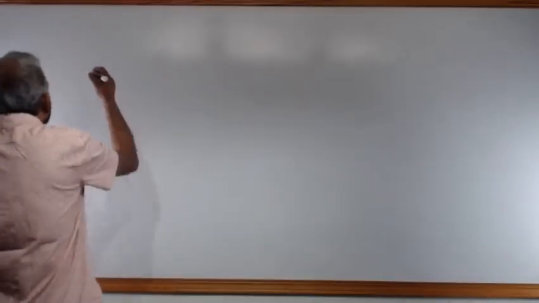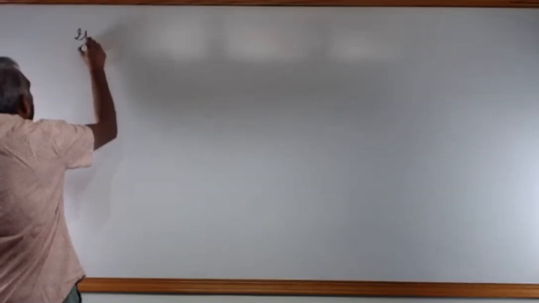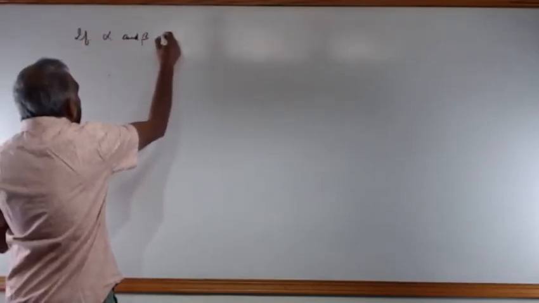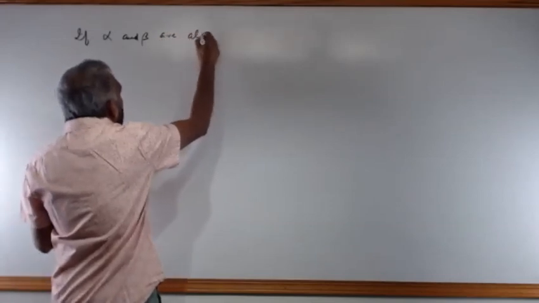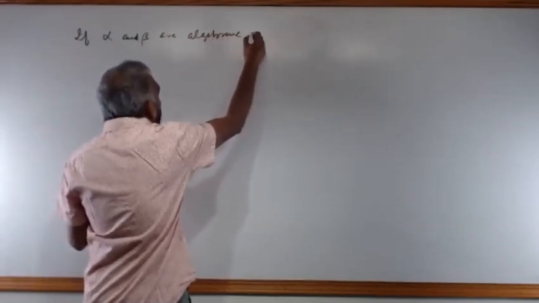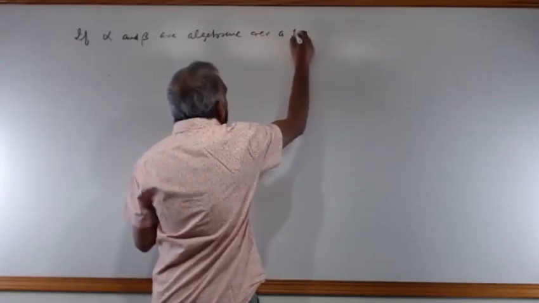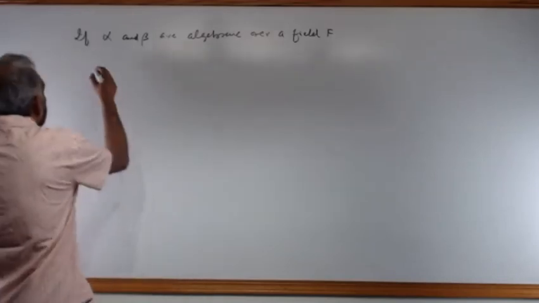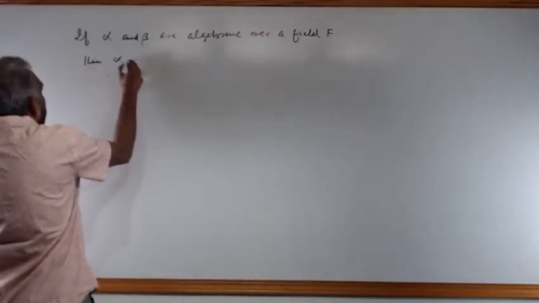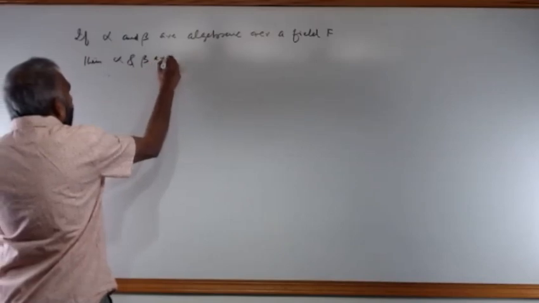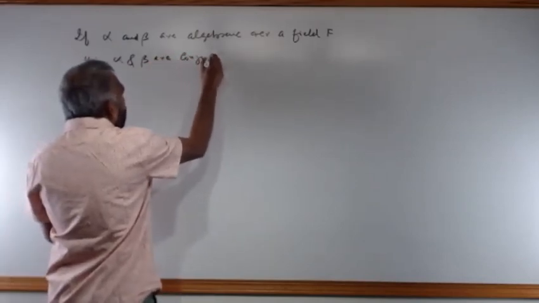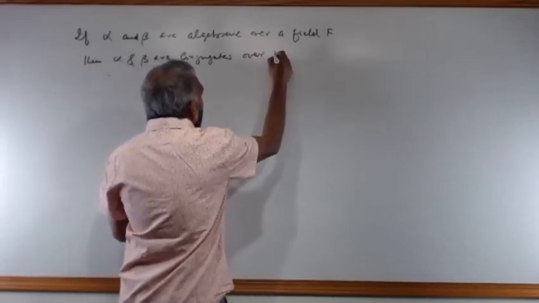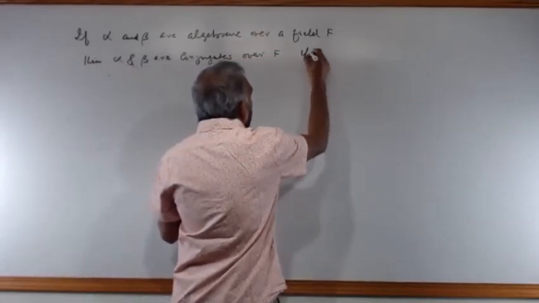And the result is that if alpha and beta are algebraic over a field F, then alpha and beta are conjugates over F if and only if